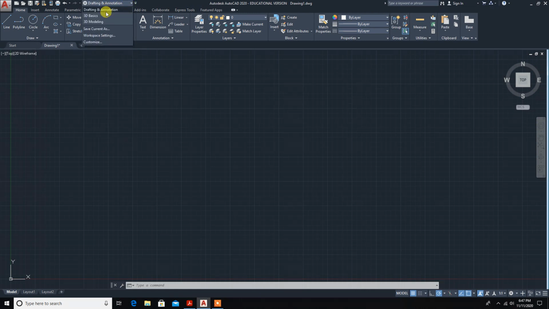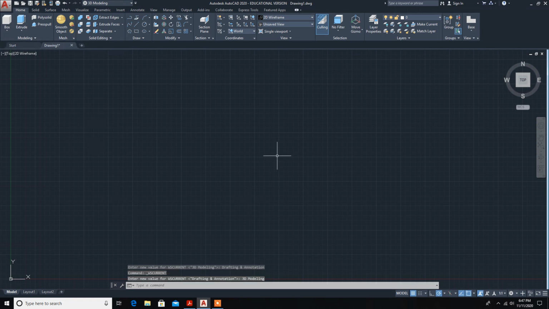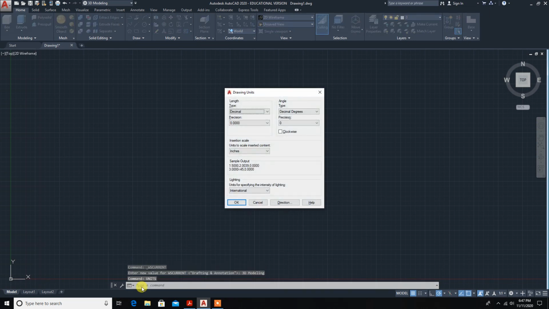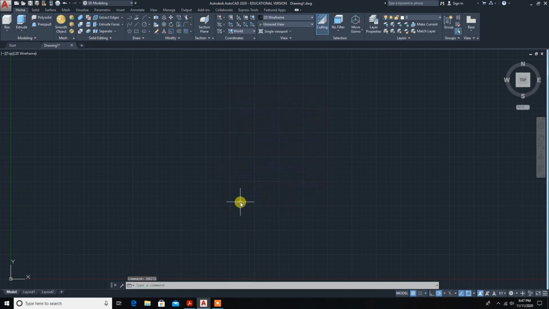In this, you have to change it to 3D modeling. Now units. Okay. Next limits: 0, 0. Next, 297, 210. Enter. Next zoom,